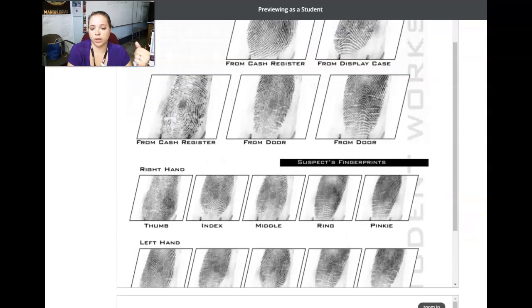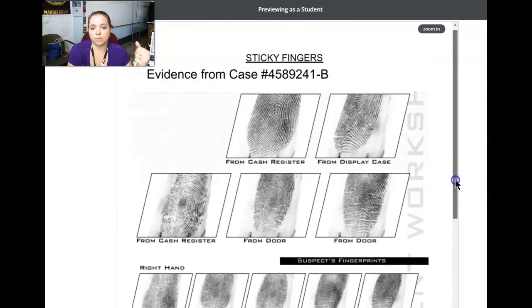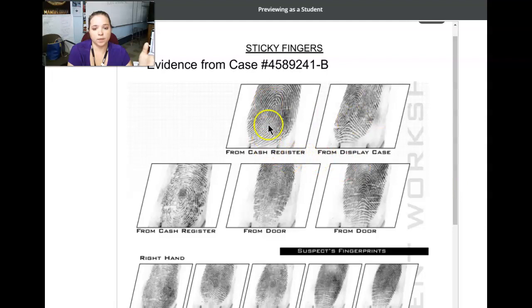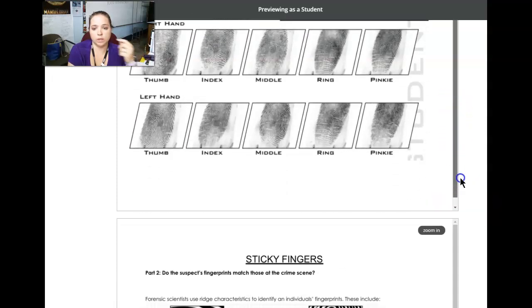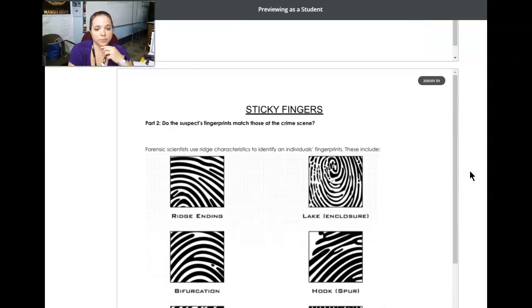Then the next thing we're going to look at is some fingerprints from a case. You've got on the top or the first row cash register, display case, on the second row cash register, door. And then we have some suspect prints. All right, so